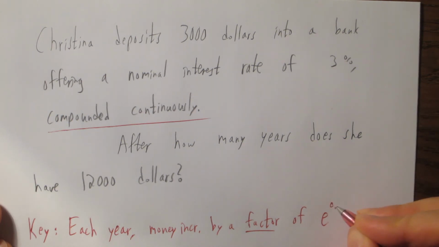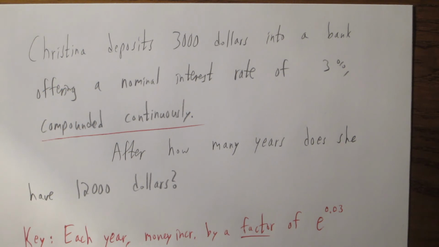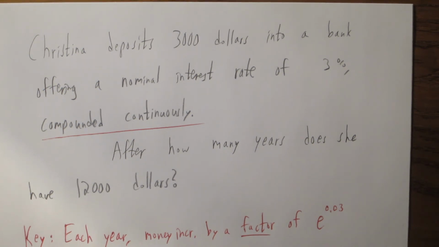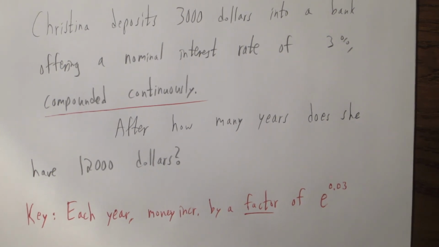In this case, 0.03. So not e to the power of 3, of course. That would be a ridiculously good bank. And also, 3% really is 0.03. So the factor by which money grows each year in a bank offering 0.03 nominal interest rate and with interest being compounded continuously is e to the power of 0.03. So with that key in mind,